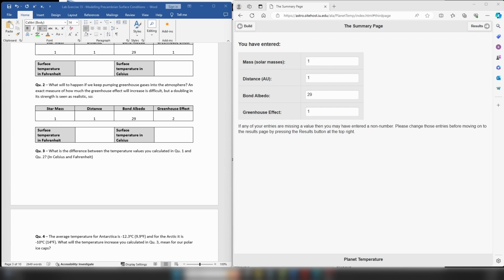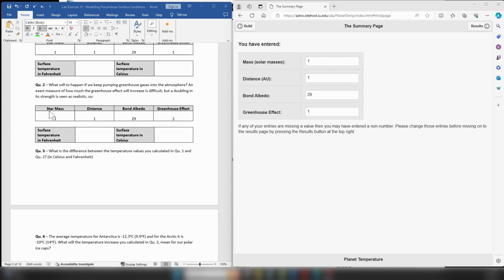So we're going to move on to question 2. Question 2 postulates, well, what's going to happen if we keep pumping greenhouse gases into our atmosphere? It's obviously going to increase the Earth's greenhouse effect. I do appreciate for some people this is a controversial idea, but the scientific studies that have been conducted to date show, yes, global warming is taking place. It is real. So if we keep pumping greenhouse gases into our atmosphere, and let's say it doubles the intensity of our greenhouse effect, so it takes the greenhouse effect to 2, what is that going to do to the temperature on the surface of the Earth?